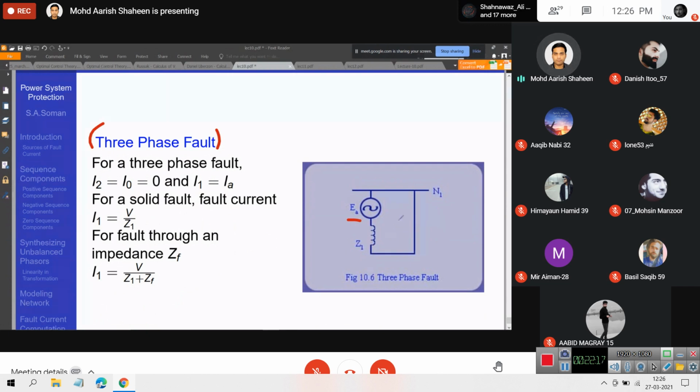So if there is a fault here, he has not drawn it properly. There is a fault, three-phase to ground fault, and the fault impedance of all phases is a constant equal to ZF. The fault current, if I apply KVL here, is obviously equal to voltage divided by net impedance. ठीक है, यहाँ इसने EA बोला, पता नहीं V क्यों यहाँ लिखा है, so anyway it should be EA.